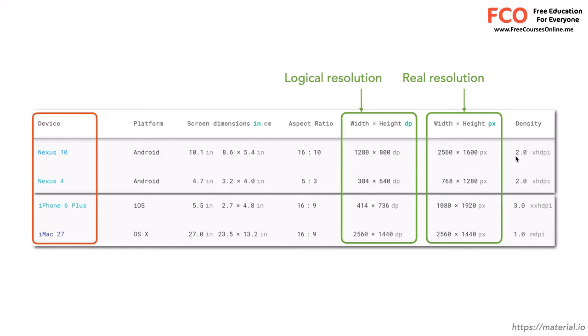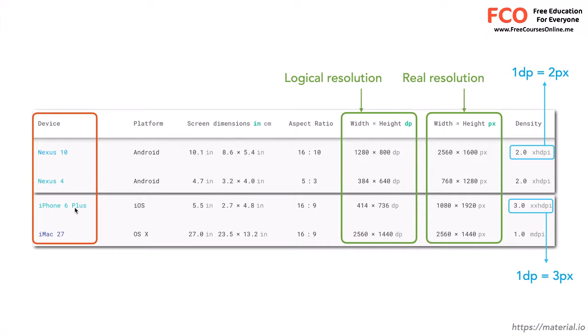So we have a density of 2 pixels per 1 dp or 1 logical pixel. Similarly for iPhone 6 Plus, you have 3 pixels for 1 logical pixel or 1 dp. So the real resolution is 1080 by 1920 pixels,